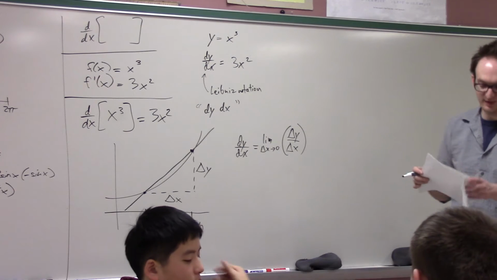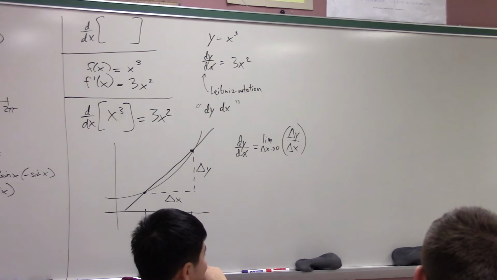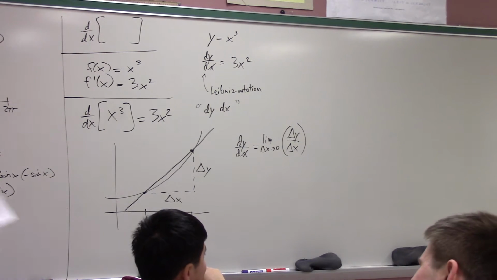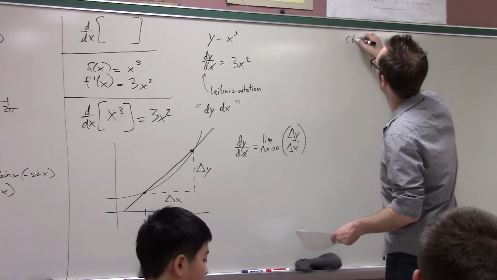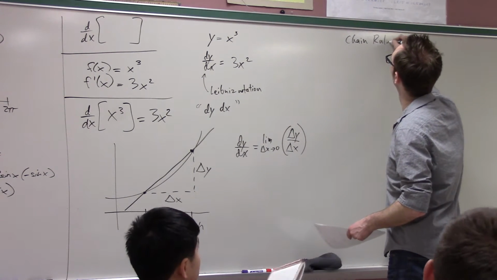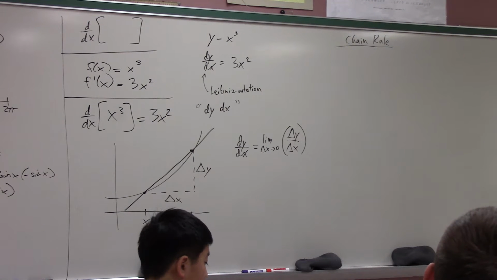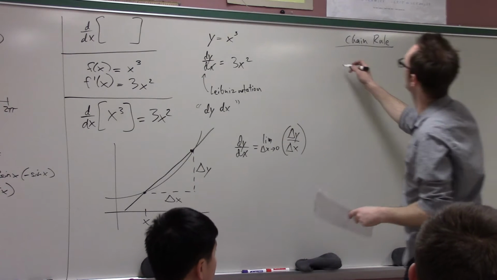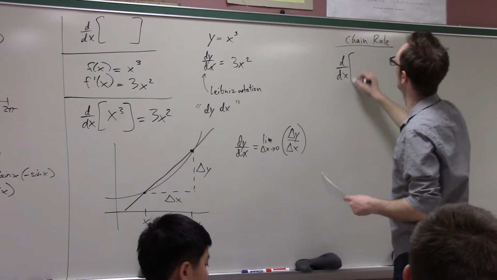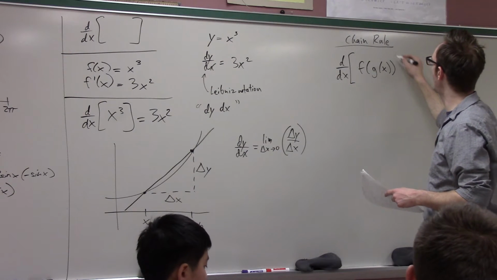And one of the famous times in which a derivative acts like a fraction is in this thing called the chain rule. And here's what the chain rule says. The chain rule addresses how to differentiate a function inside of another function. The chain rule says, and then we're going to talk about this for a while, if you take the derivative of f of g of x,